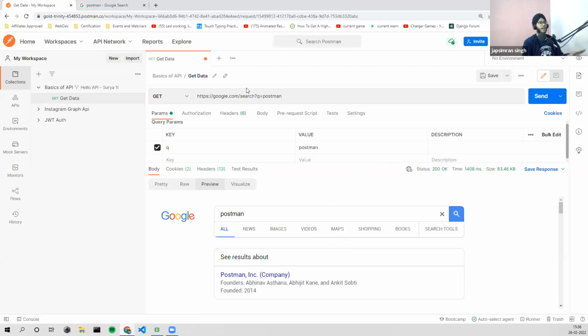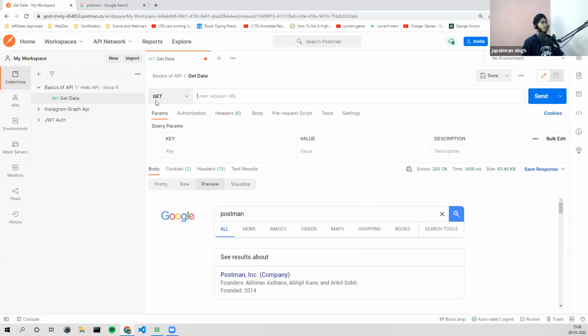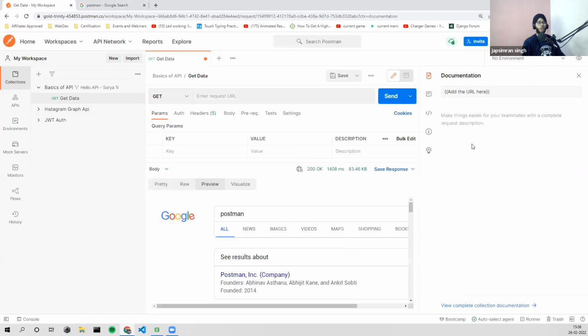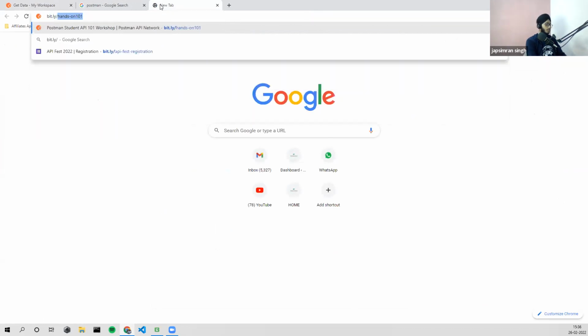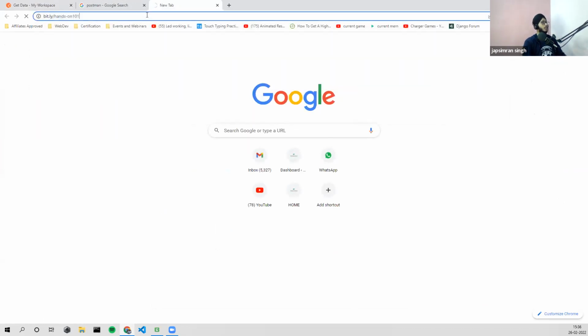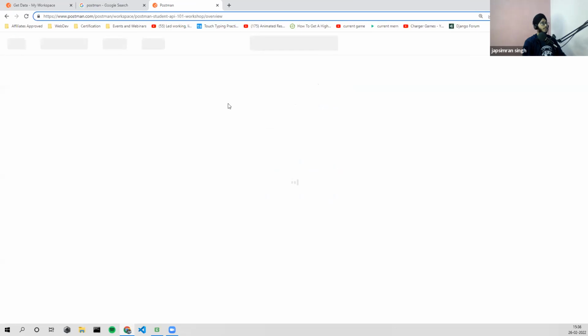Now, let's start with our actual workspace part. Okay, so be careful here. The things we'll be doing, the swag challenge will be very similar to that. Okay, so now we'll make our first request. Let's go to documentation. Oh, before that, one more thing. Can you please post the link again? The workspace link. Anyone? Okay, this is a link. I guess I'm right. Yes.